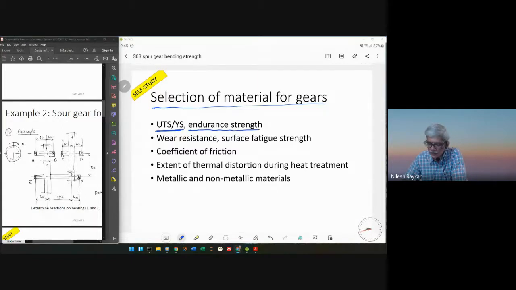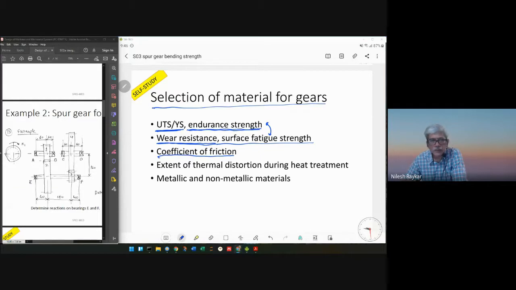And also, as I discussed earlier, because of the constant rubbing, and also because the tangential force is alternating, for a given gear tooth, for a certain part of rotation there are forces acting on it, and for the remaining cycle there is no force acting on it. So the forces are alternating as well as the contact stresses. So the fatigue strength for infinite life, which is the endurance strength, needs to be considered. Then for contact stress resistance, we require the wear resistance or surface fatigue strength. Similar to the endurance strength, we have the surface fatigue strength or surface endurance strength.